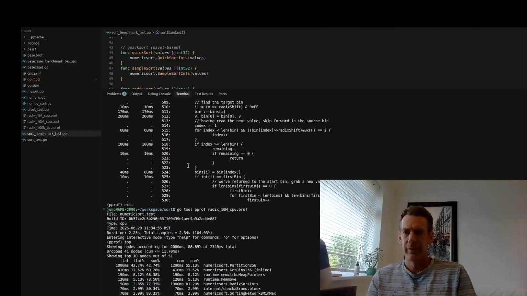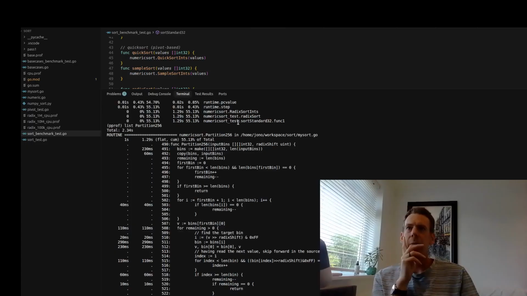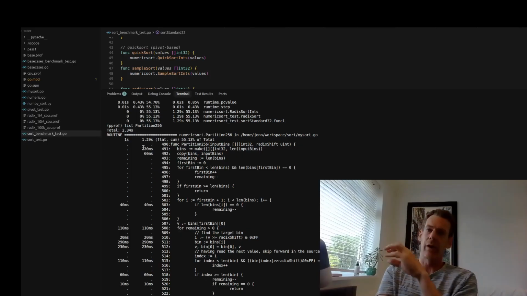What am I doing? List. So if we look at what it's actually doing, interesting. So it's spending loads of time doing the memory allocation. That's easy to optimize out. We just allocate once and reuse. And that's because it's doing it heaps of times, right? It's doing that whole extra